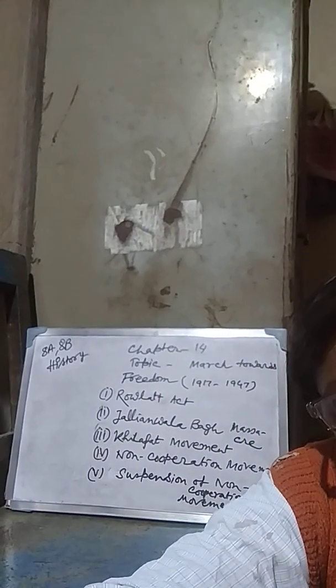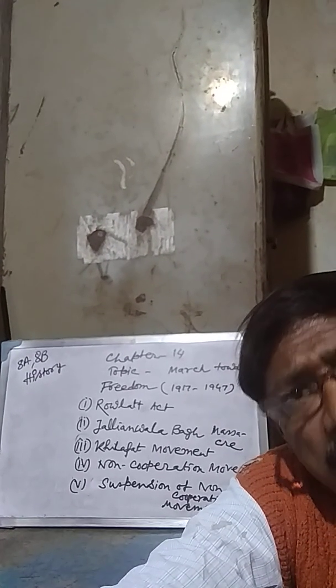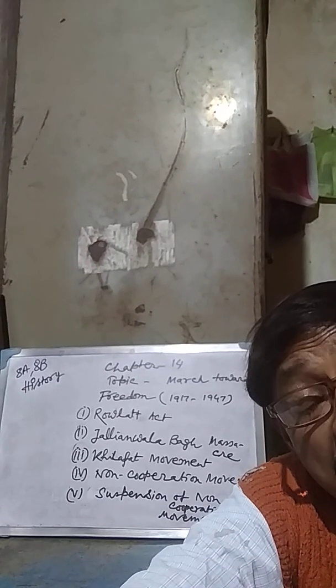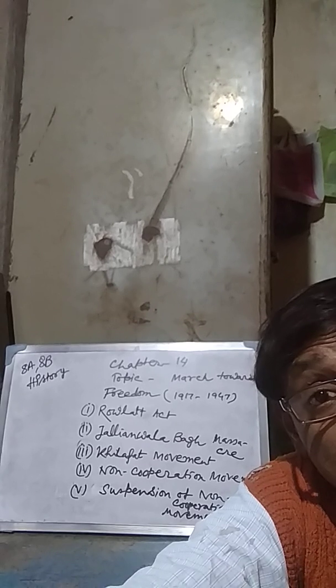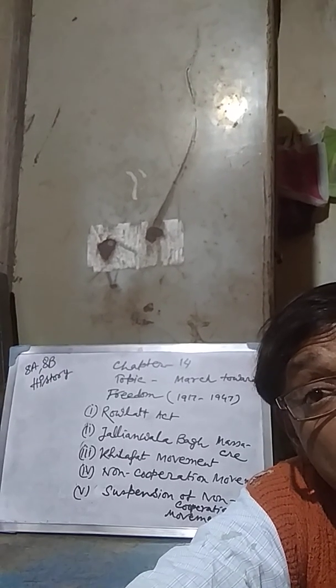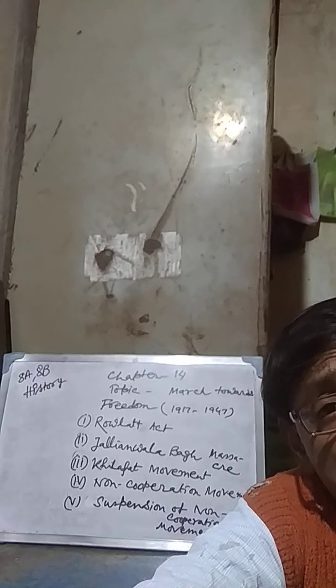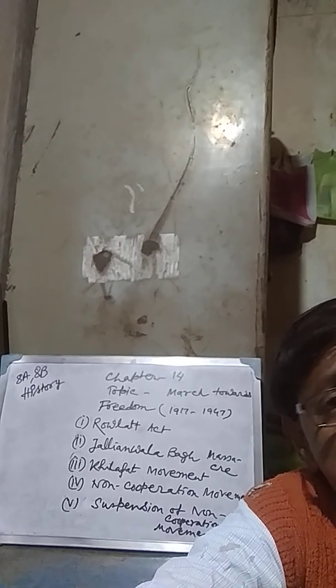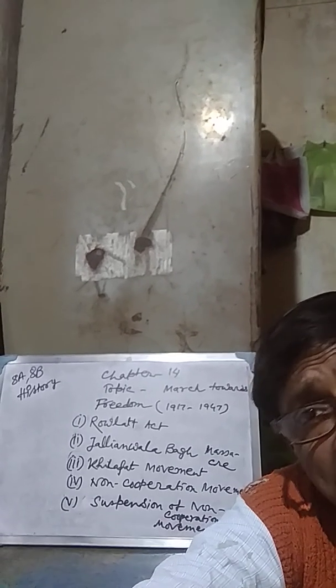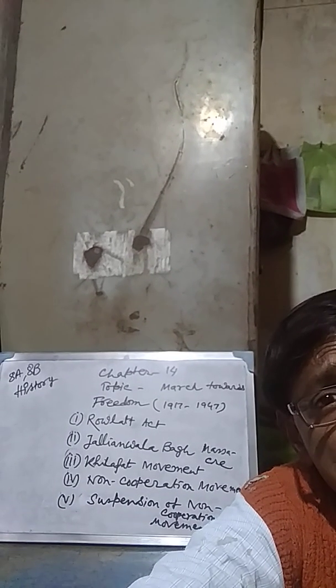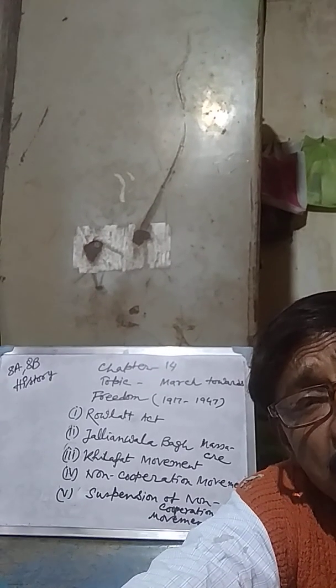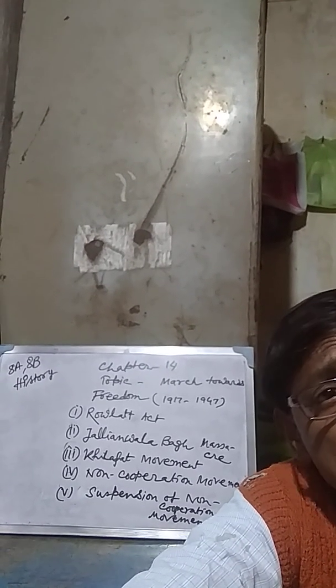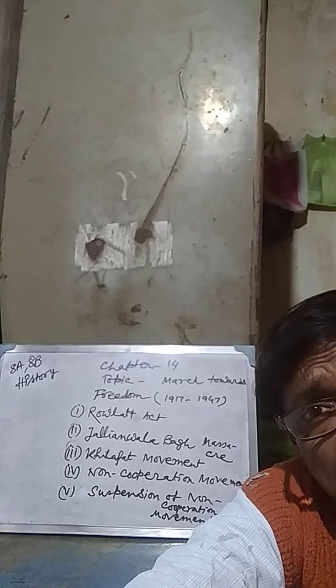As a result, the Congress leaders of Punjab decided to conduct a meeting at a park, Jallianwala Bagh. The main gate of that park was very small, but it was decided that people of all classes would come and attend the meeting. The political leaders requested all the people to attend. Since Dr. Satyapal and Dr. Saifuddin Kitchlew were very popular among the people, a large number of people decided to attend